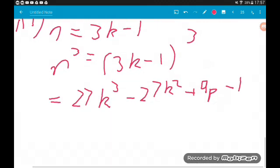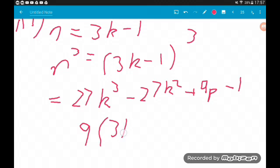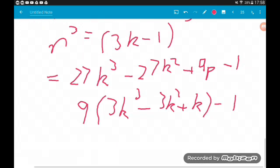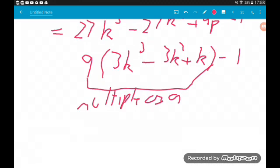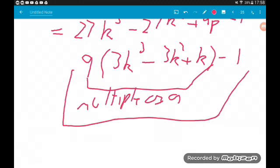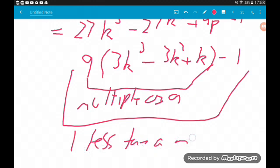So we can factorise the algebra again. We've got 9 lots of 3k cubed minus 3k squared plus k, and then we've got the minus 1 at the end. So again, this is a multiple of 9. So the whole thing with the minus 1 at the end is 1 less than a multiple